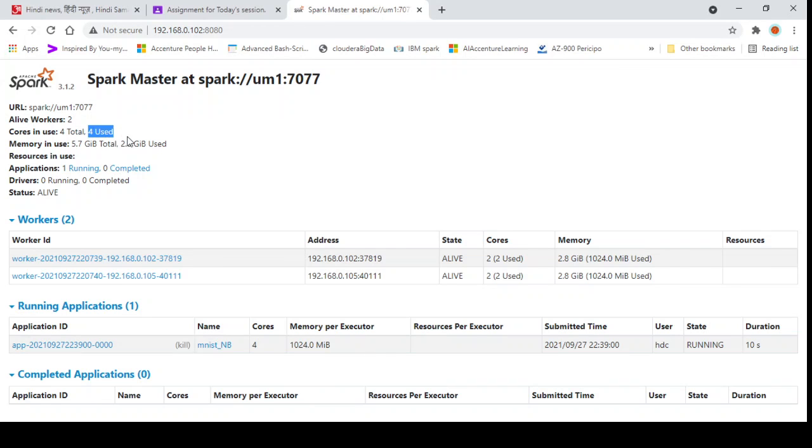Similarly, by default, it's using all the cores. That's why it has used all the four cores. If you configure here also, you can change the number, but it can't be more than four, because you have 4 cores. So you can assign one, two, three, four only. You can't assign five or six. Basically, to implement parallelism, you have to assign all the cores to the process.